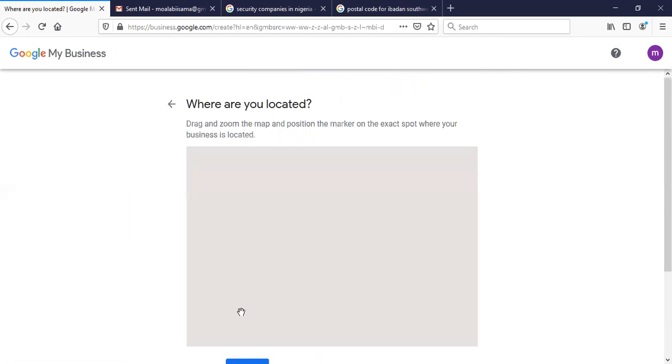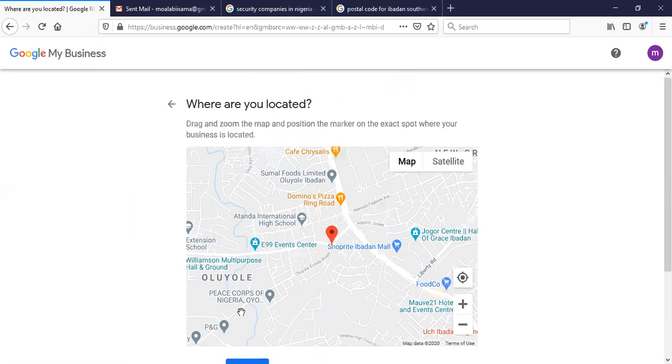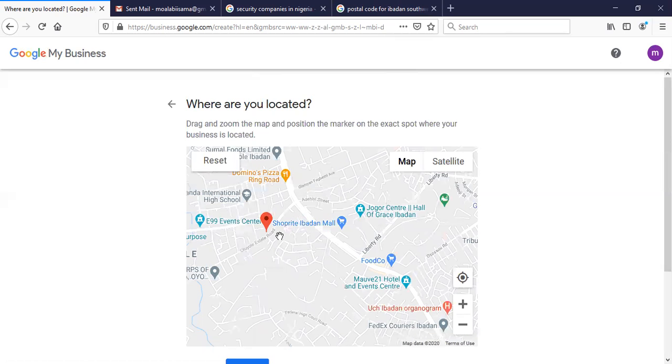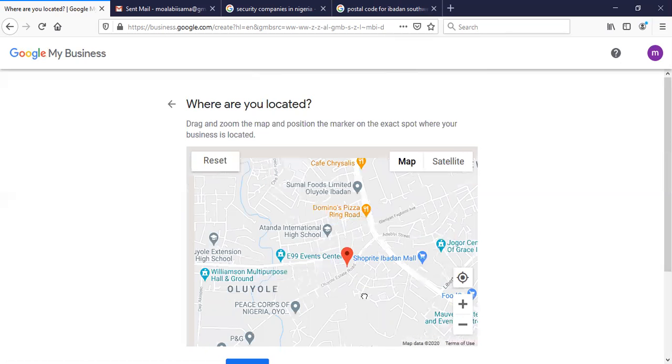Okay, so after you've inserted your postal code, it's going to show you a map, and this is very important. Based on the location you've typed into Google, it's going to bring you a map. Once the map comes up, it's left for you to look around this area. If you've inserted the correct location, the map is going to show you places very close to that exact place. So it's left for you to drag. Just hold down the marker and look for the exact place that your location is.